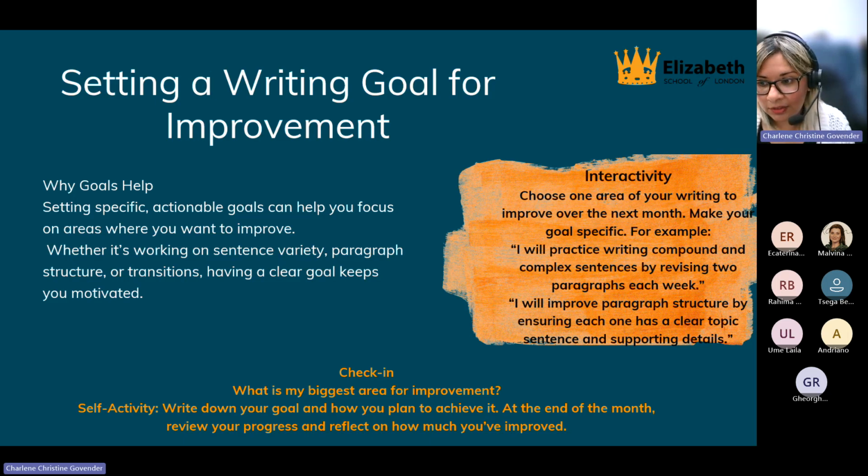Basically, what I'd like you to take away from this is to set a writing goal for yourself. A writing goal will help you to make actionable change. I know you attending today is a fantastic change. I mean, action. When we get into the mindset of saying, I want to do this, it always needs to be followed up by what actions am I going to take? I know some of you have expressed that you want to improve your writing, some of you have confidence,